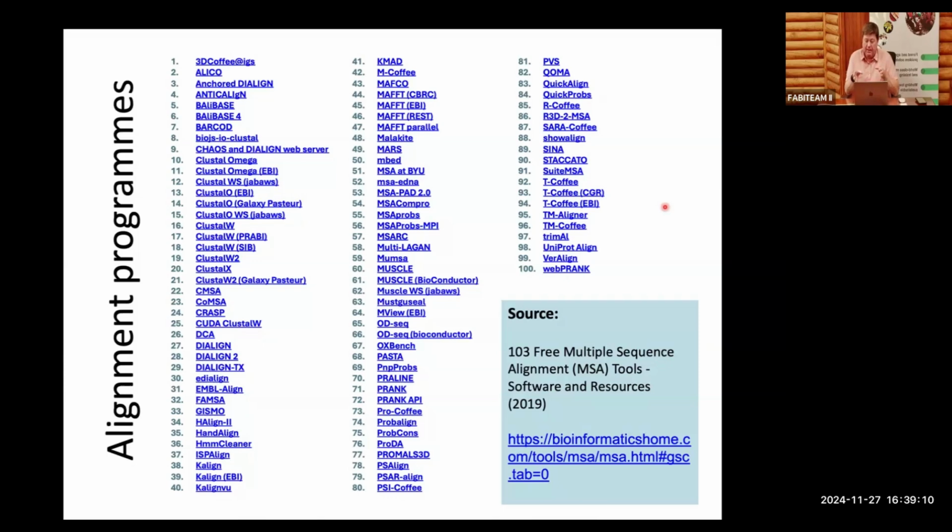In general, and I say this very, very carefully, because I don't want to say that this is a software you must use or not use. It really depends on the data, the data sets, the complexity of your data. But in general, most people use MAFFT or MUSCLE because they yield optimum alignments,